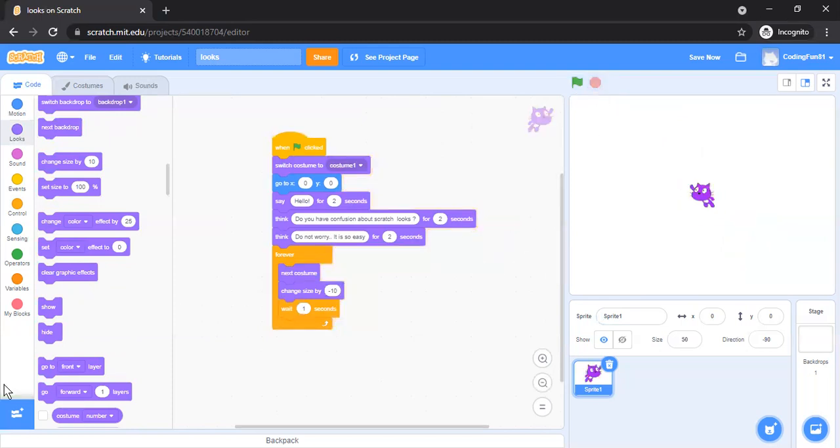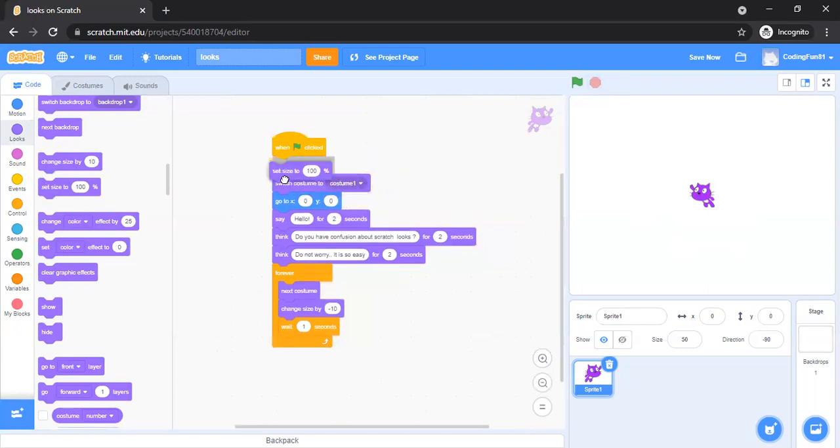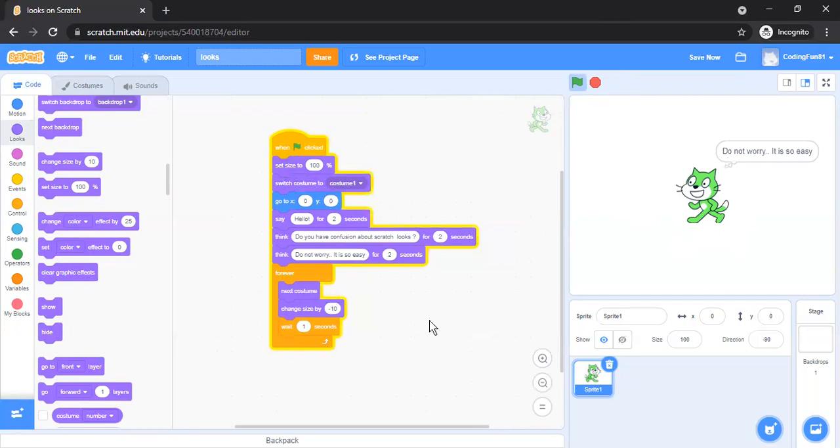I've stopped it. Set size, first time when you start you want to set it with a size, so that is 100%, that also can be done. This is set size, and later on in the part of this coding you want to change the size. It is happening. Set size, fix it, whereas change size decreases or increases based on the sign you are giving for it.